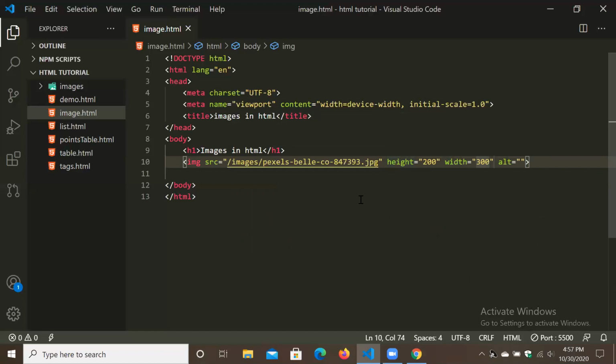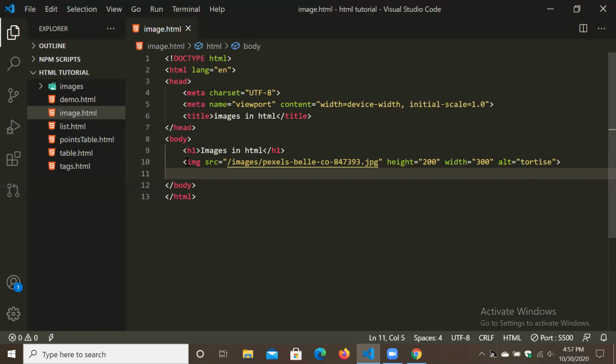Next thing we can do, we can copy paste this, and first we have to write the alternate text, tortoise. Maybe a spelling mistake. So what is the use of alternate text? It is useful for SEO, search engine optimization. It is also helpful when your image is not able to load. At that time this text will appear in the place of the image.